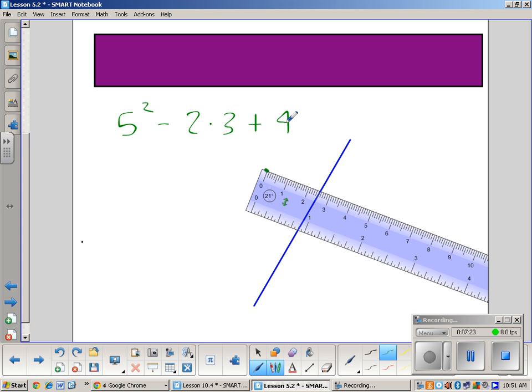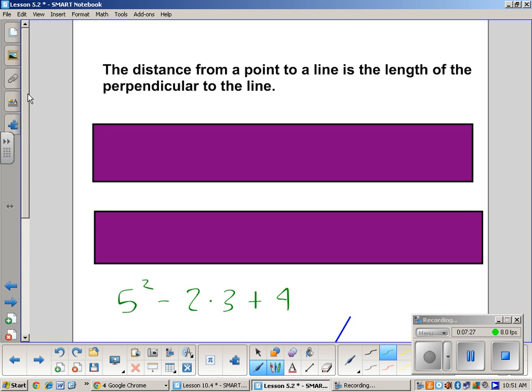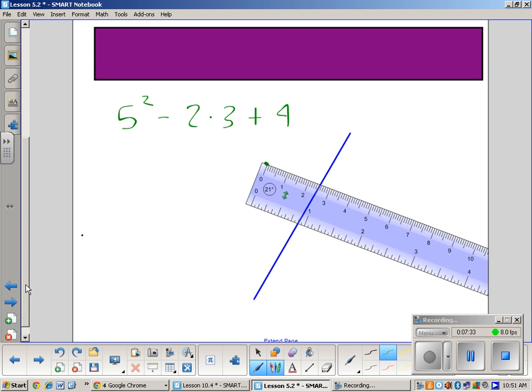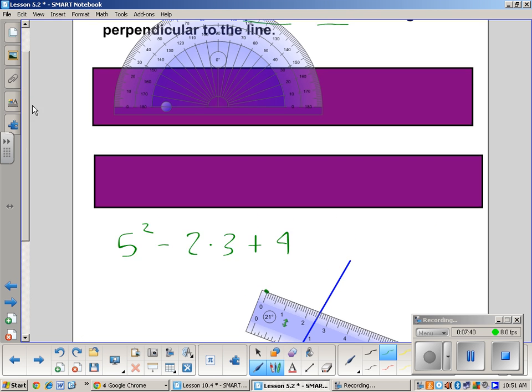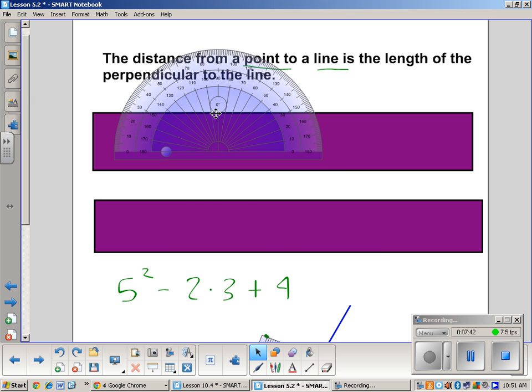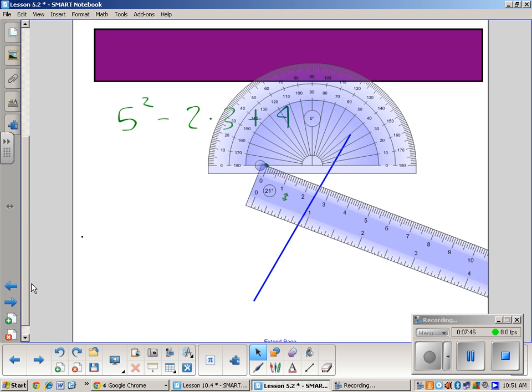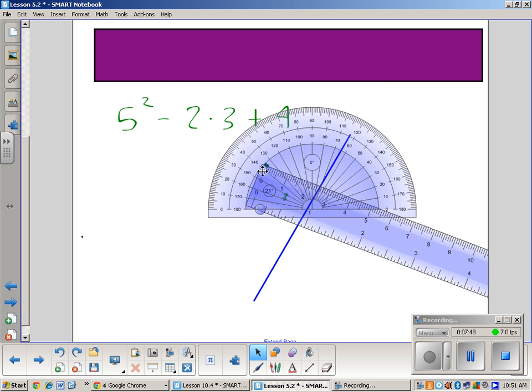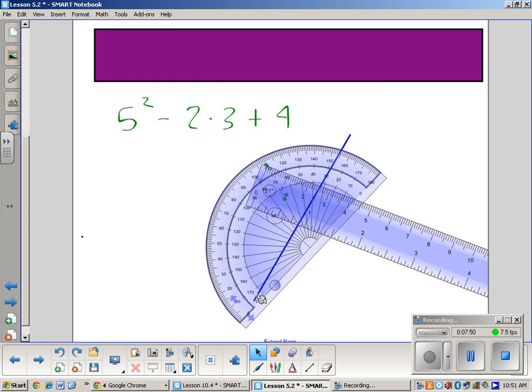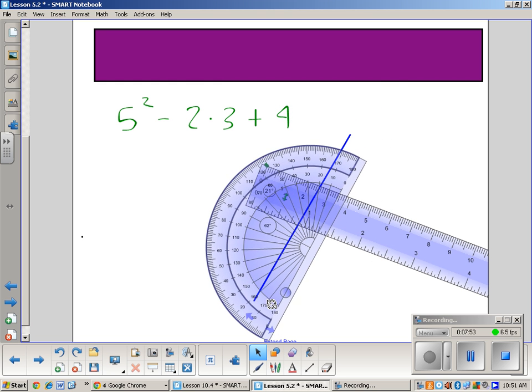All right? And what this rule is saying is that to measure the distance from a point to a line, it's going to be the distance from the perpendicular to that line. And so what that means is, if I took my protractor and put this on the line,